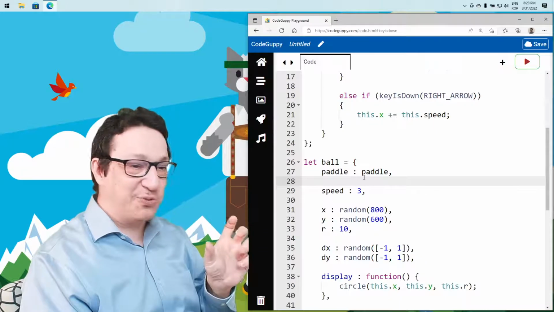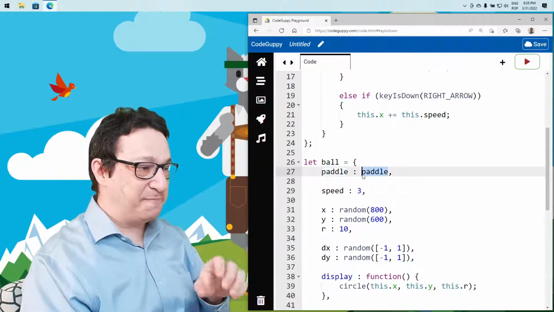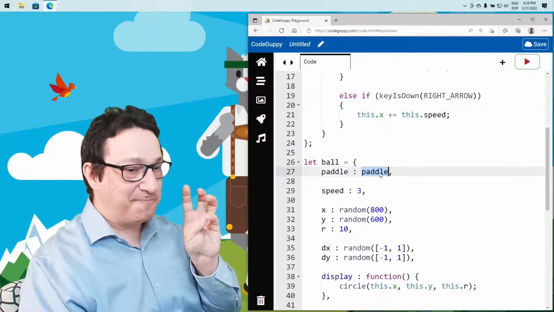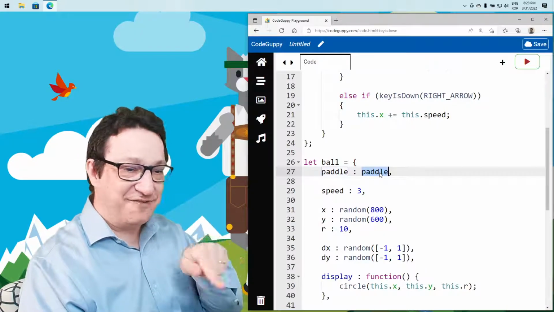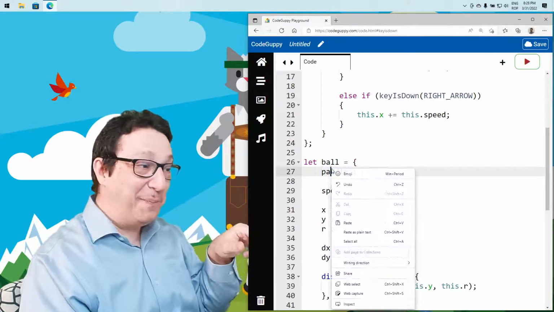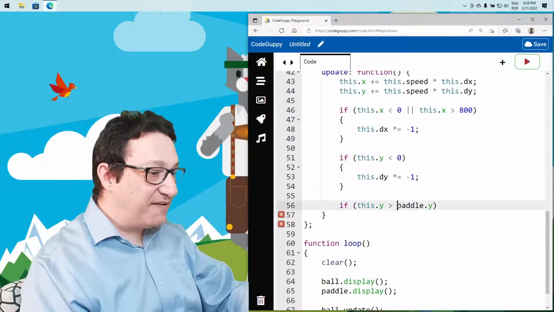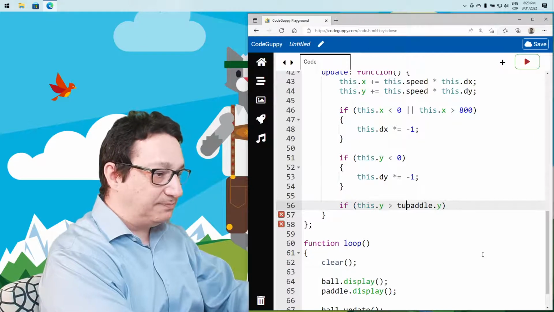This syntax is supported to have the property name have the same name as the variable that we put in the value. So let's just use it like that. So here we can verify if this.pedal,